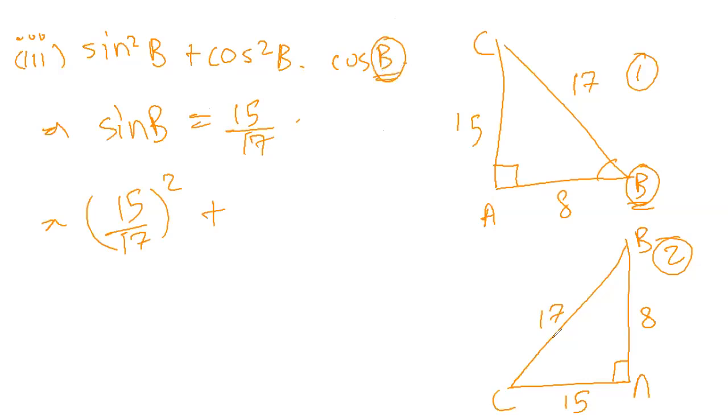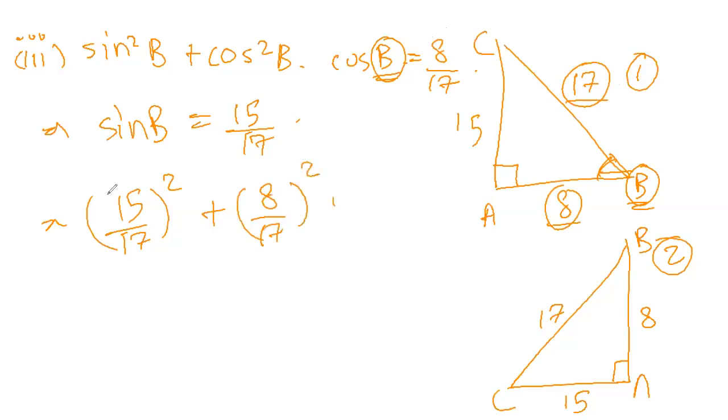Now we'll look at these two figures, and out of these two figures, in this figure, B is towards the ground. So according to this angle B, find cos B, that is base upon hypotenuse. So here base is 8, hypotenuse is 17, so 8 upon 17 will be our answer. So cos square B basically means that 8 upon 17 whole square.